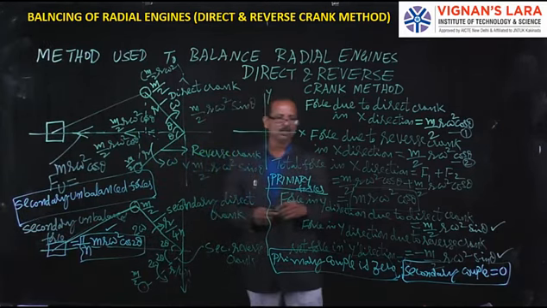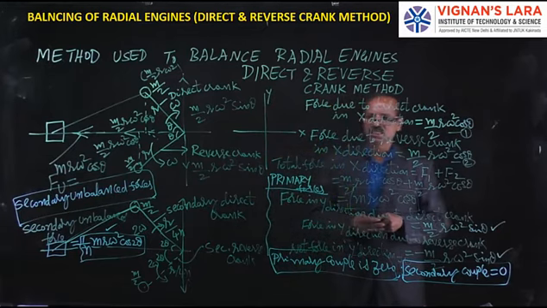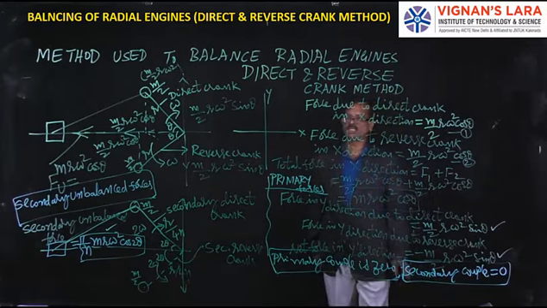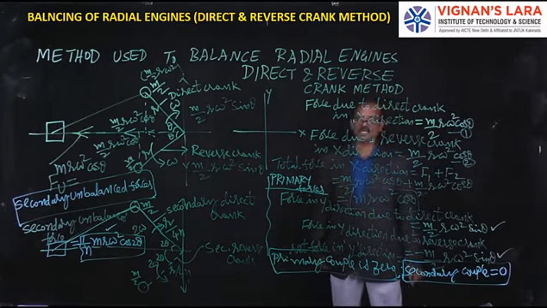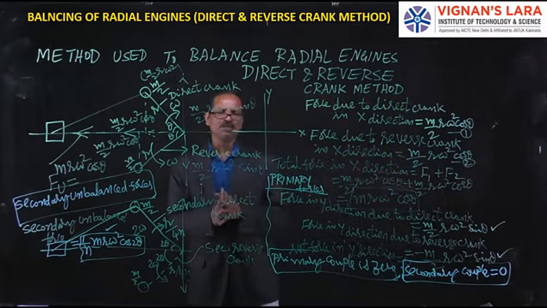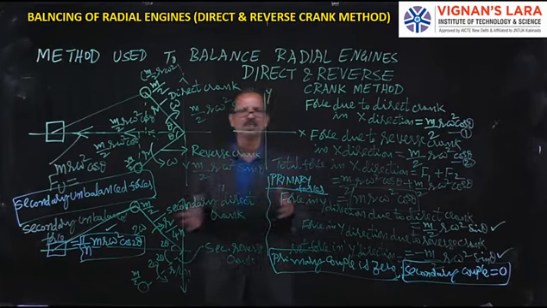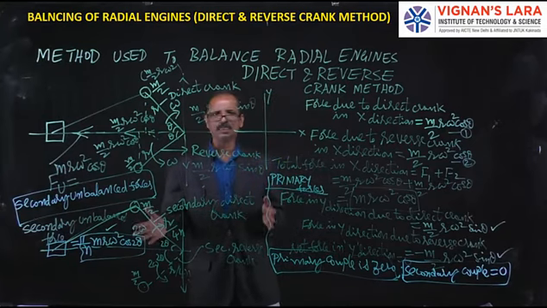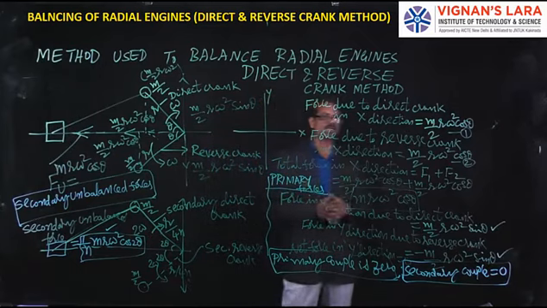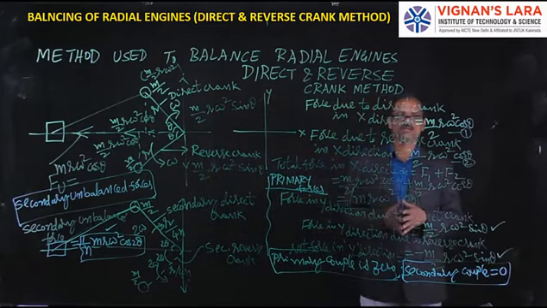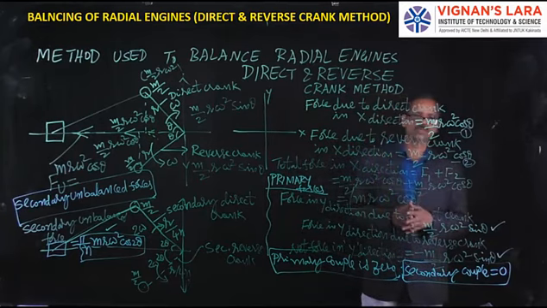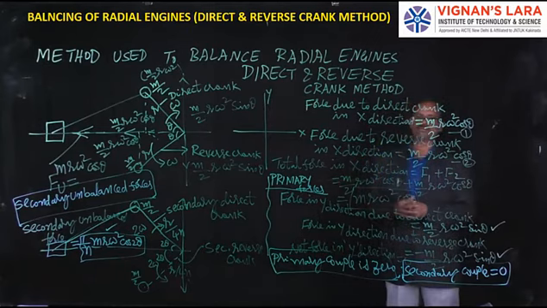With this analysis or this theory, we will see a problem. That will strengthen your knowledge in the balancing of radial engines. And I leave the V engine balancing for you. You can refer to any book and proceed with the analysis we did for the radial engine, which can be applied to the V engine. Instead of more cylinders and more connecting rods, there are only 2 connecting rods placed at a certain angle. You can do that on your own with this background of knowledge.